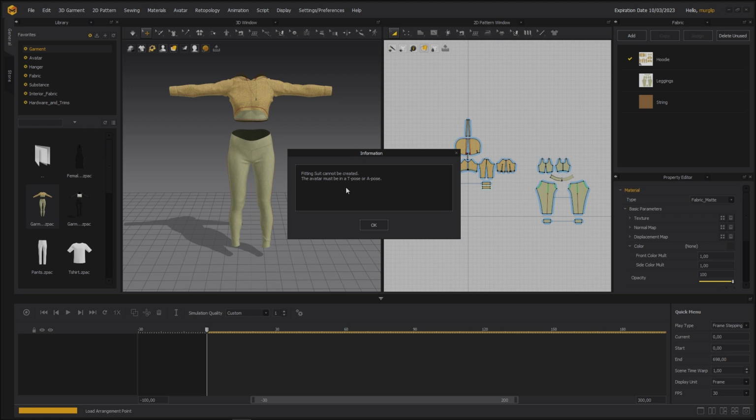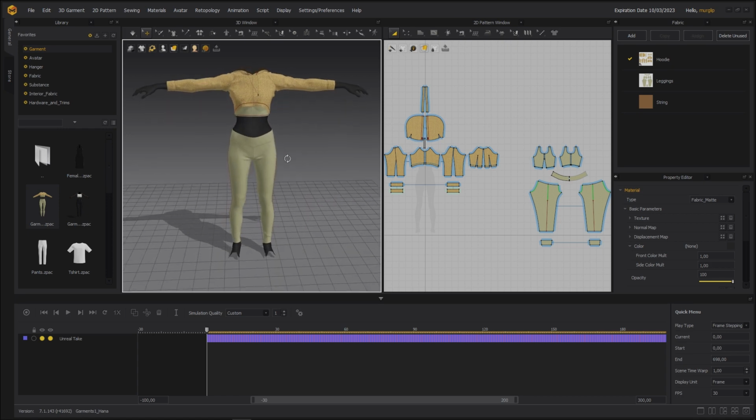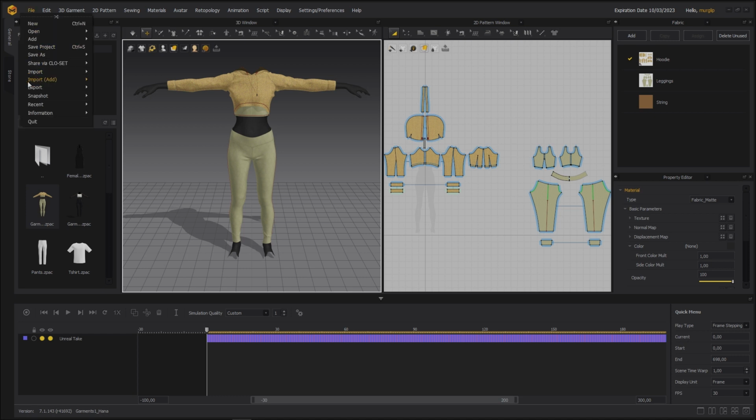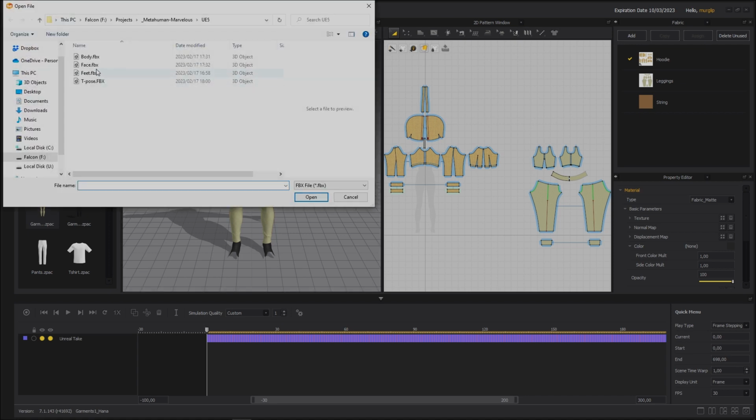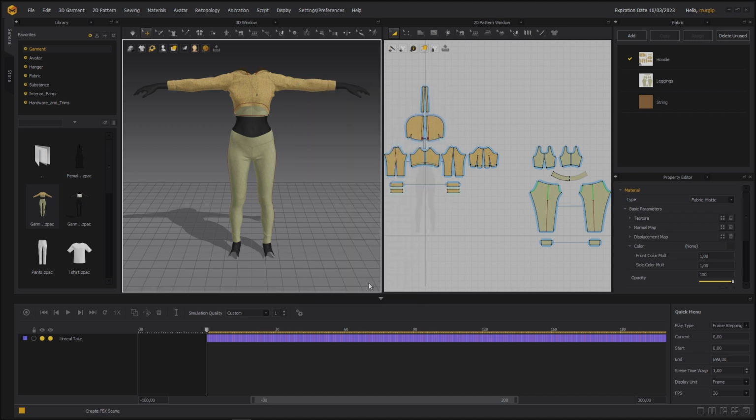Now we don't have to worry about the fitted suit because we already have our clothing in the T-pose. Okay, so that lines up perfectly. Now next, for the head and the feet, this time go to import add, and then FBX, and then face, open. Same settings, except this time it's on add, which is good. Import.